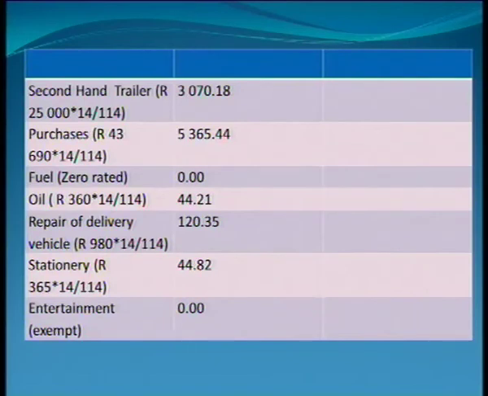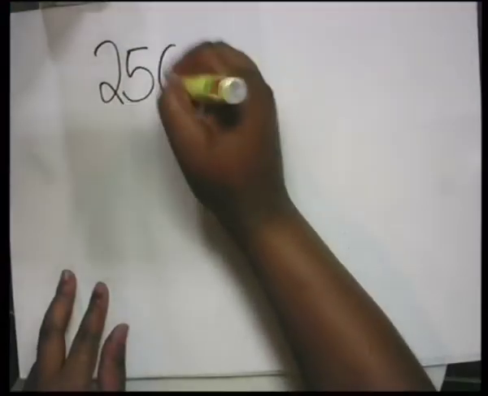Let's just see if that's true, because the VAT that they are saying they had paid was $3,070.18. 25,000 times 1.14 minus 25,000, which is 3,070 Namibian dollars. So to explain how they got the 3,070 Namibian dollars, they say 25,000